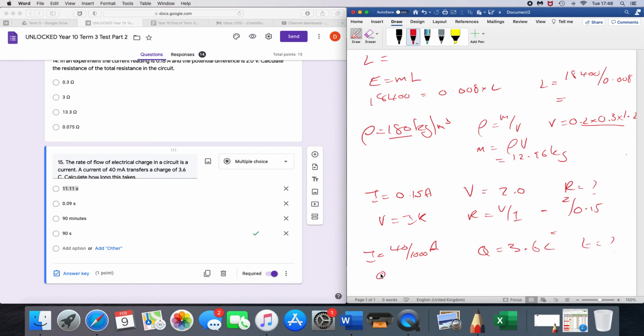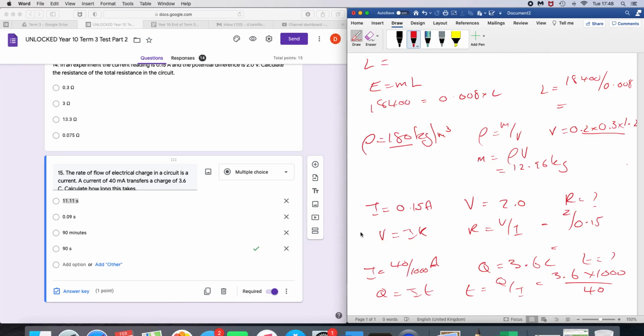We know Q equals IT, so we know T is Q divided by I, which is 3.6 divided by this, which is times 1,000 divided by 40. So 3,600 divided by 40 gives us 90. And it's seconds. So the answer is